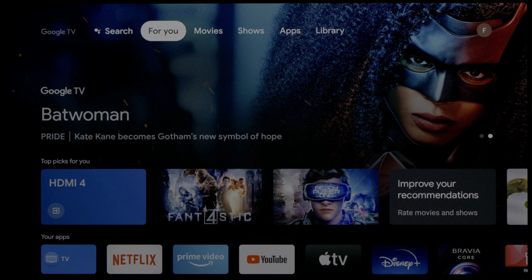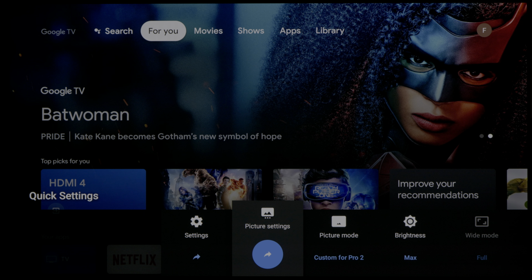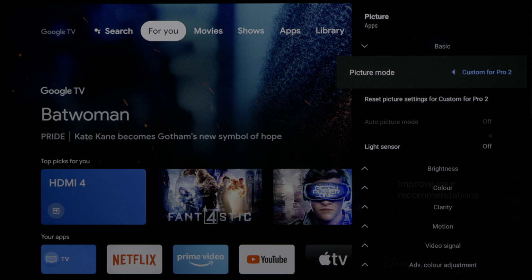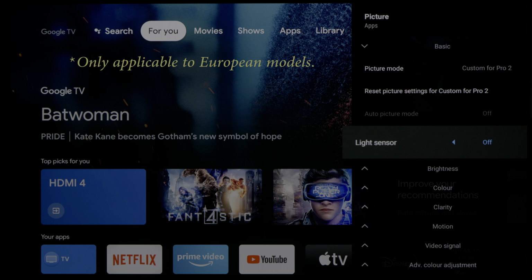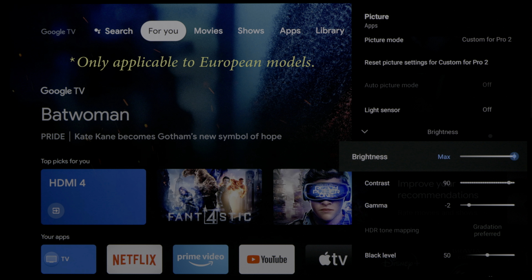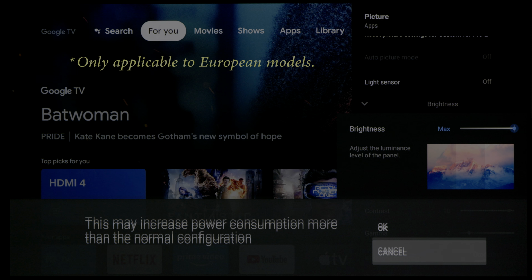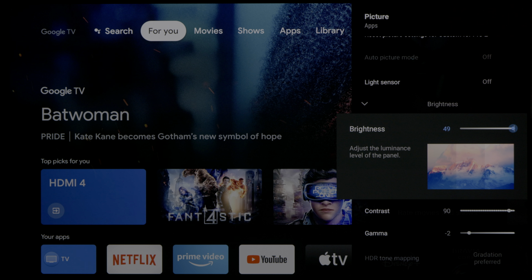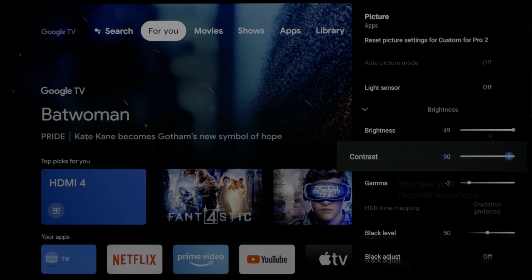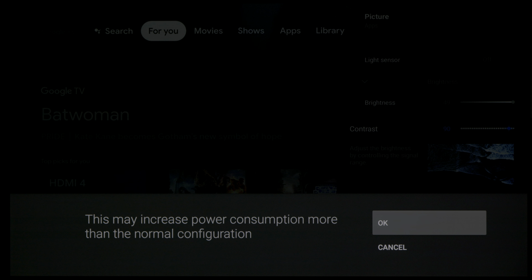So prior to this latest firmware update for Sony's 2021 Bravia XR televisions, including the A90J and also the A80J OLEDs, if I wanted to change any picture setting that can affect the light output on screen, there will be a warning message that pops up telling you that the power consumption may increase, and this is introduced because of EU energy regulations. But the way Sony have implemented it is such that, when you change other settings, even within